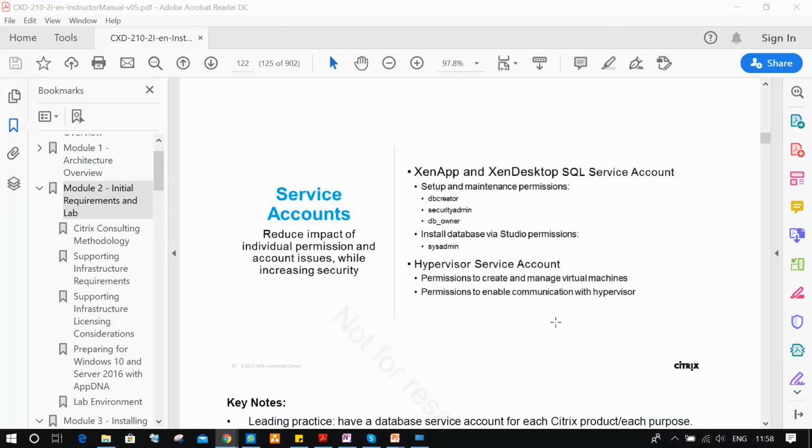Service accounts. What is the requirement of service accounts? Why do you require a service account? Guys, today you are working and tomorrow you will be leaving the company. Yes or no? Today you are installing a server with some services with Avinash and some password. Tomorrow you leave the company completely and don't come back.